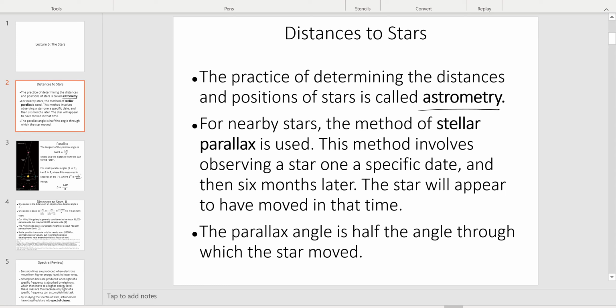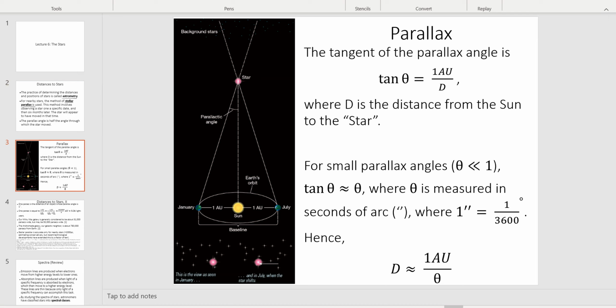This problem of finding distances to stars is very difficult to solve, and we won't have a chance to talk about this problem fully in the lecture because we don't have enough time, but I do want to talk about distances to very nearby stars. This principle of stellar parallax allows us to compute the distances to stars that are maybe a few thousand light years away. We talked about parallax earlier in one of the lectures, as I mentioned, and I showed you how to get the equation that we use. I would like to show you another method, which is perfectly equivalent, but it's a slightly different